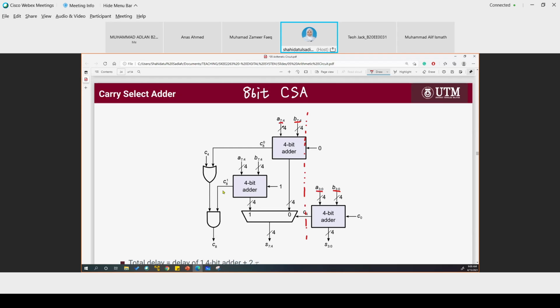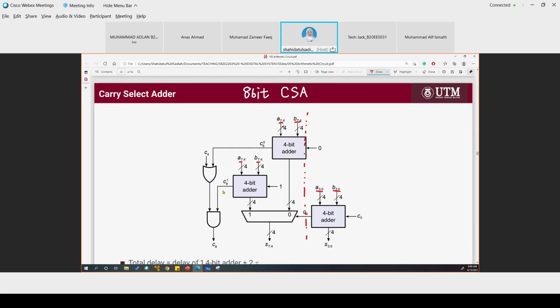Okay. So for bit 4 to bit 7, we can select either to use this type of adder or this type of adder. So there are 3 4-bit adders inside the carry select adder